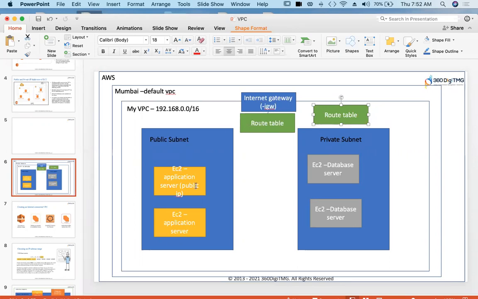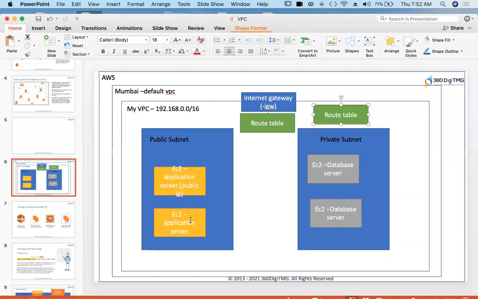And one more use case where people use public subnet, private subnet is sometimes they don't want to expose the application server directly to internet. What they'll do, they'll launch application server here in private subnet without any public IP.